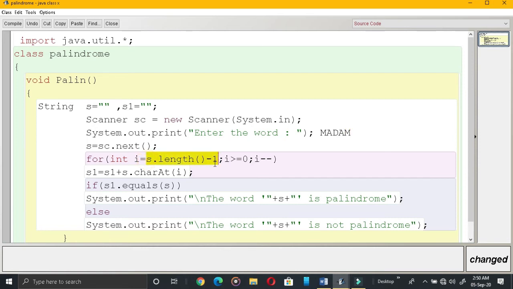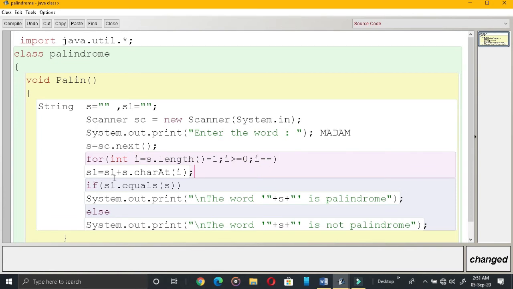That's why length minus 1, and I greater than or equal to 0. Why 0? Because this is the last index position. I am running this loop from a higher index number to a lower index position, that's why I minus minus.